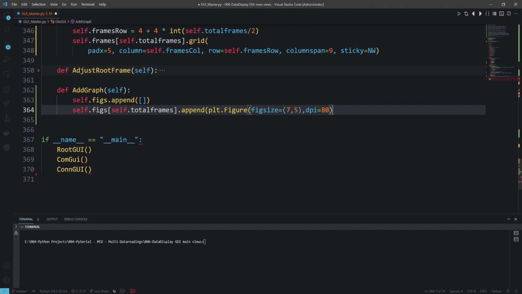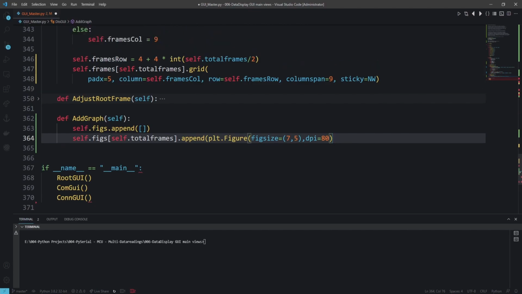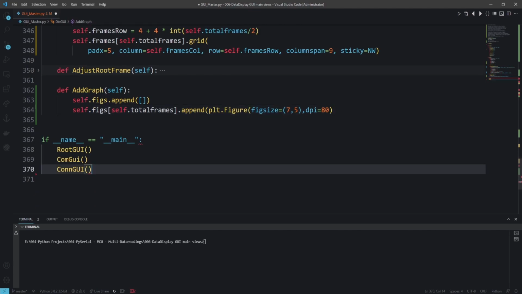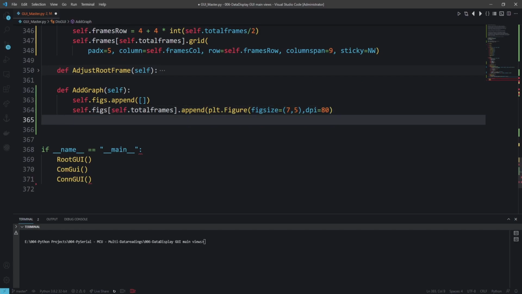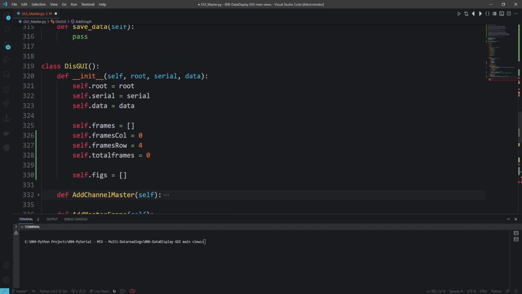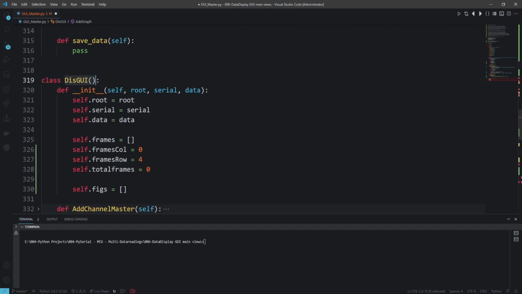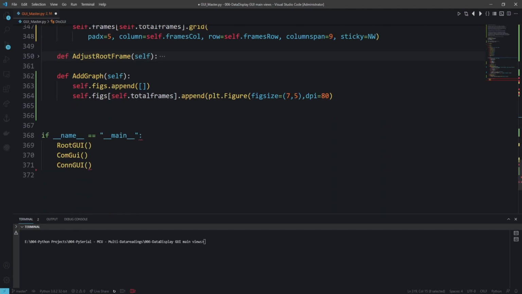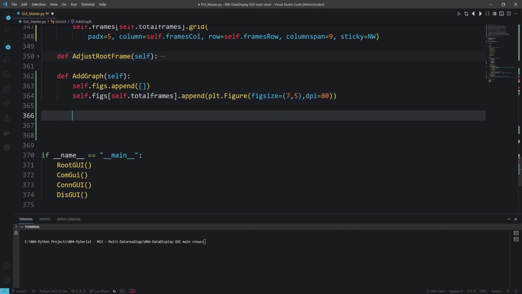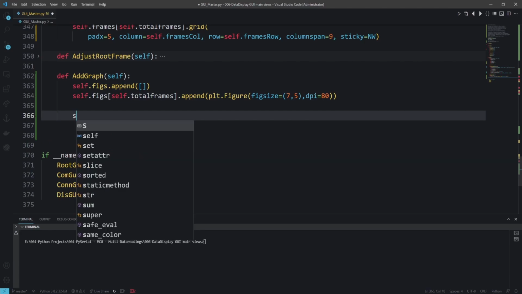Perfect. So something is not going right. Let's check why this is not going on. Yeah, this also reminds me that we should better add this GUI here, just in case, like this. And so this is the append and the figure. So we have to close this one and should be good. Okay, so this one will create the figure, and then